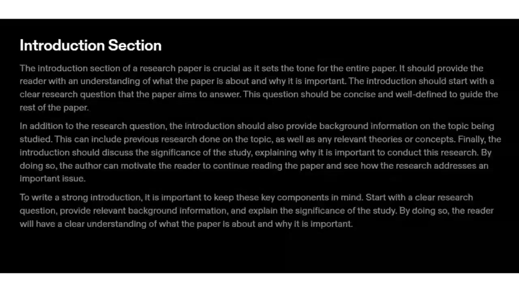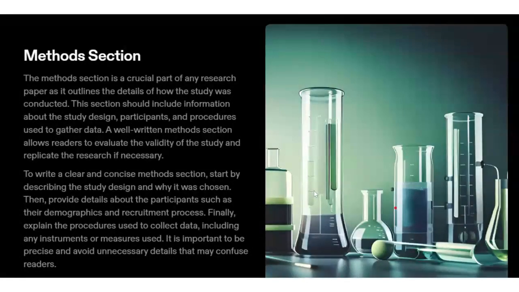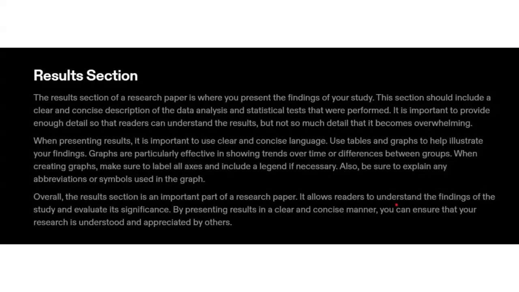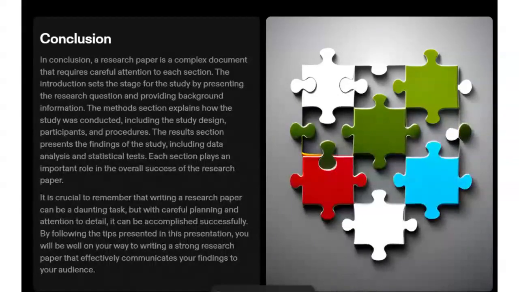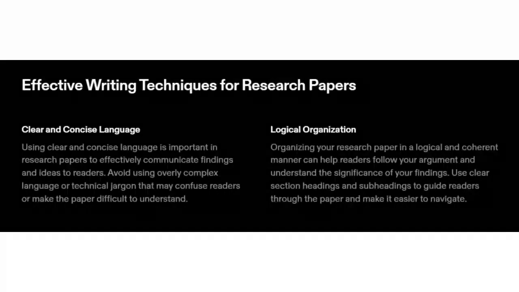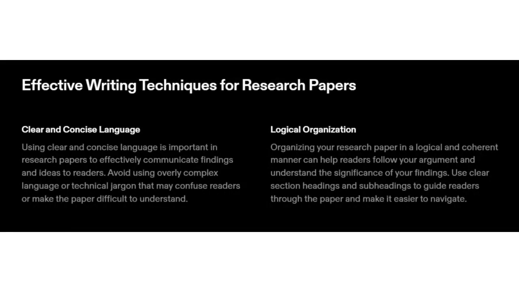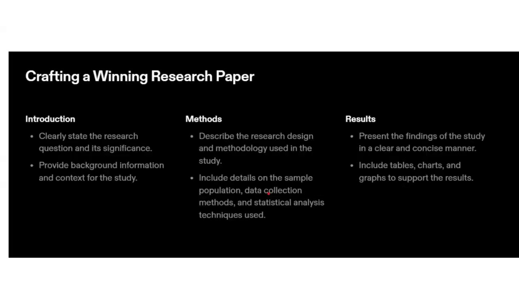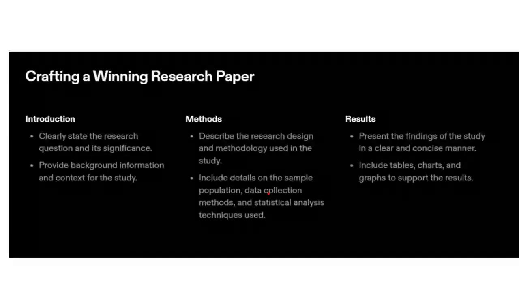I've already talked so much about this, but I'll just give you a replica. For those who are doing research in science, there are method sections. Now, the method section is a crucial part of a research paper, with details of how the study was conducted: method, mixed method, and all those designs. The result section will give you findings, right? The conclusion section will be a repetition of what we have done before, right? And how do we write effective techniques for a research paper? Clear and concise language, logical organization, very important. Crafting a winning research space. How do we go about introduction, methods, results,